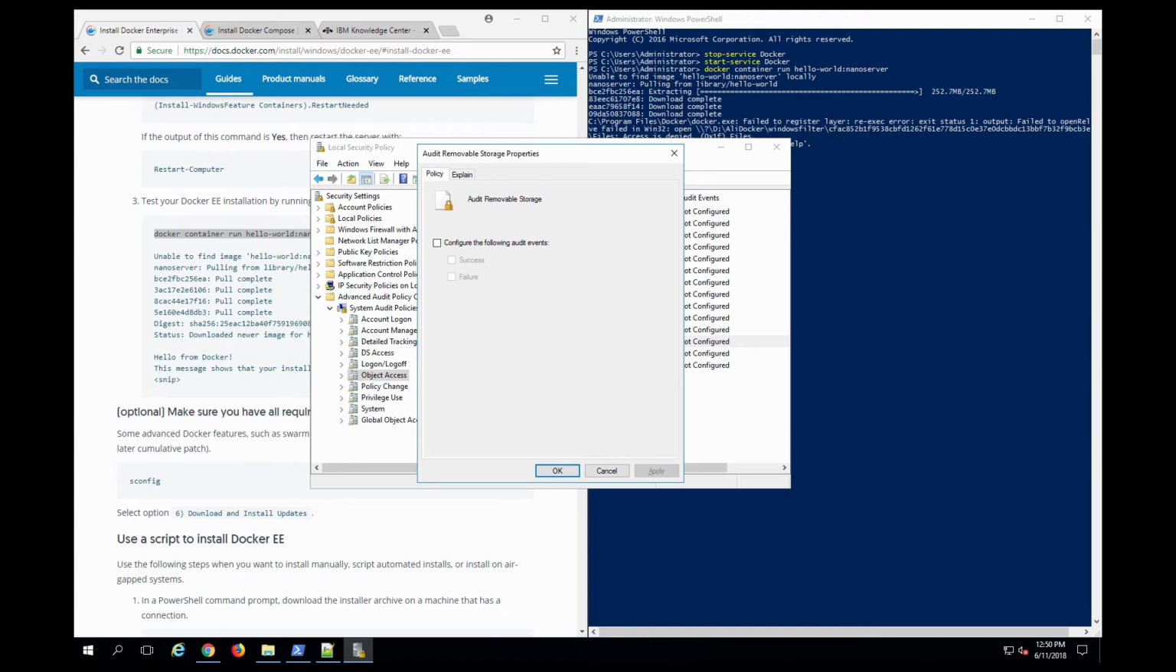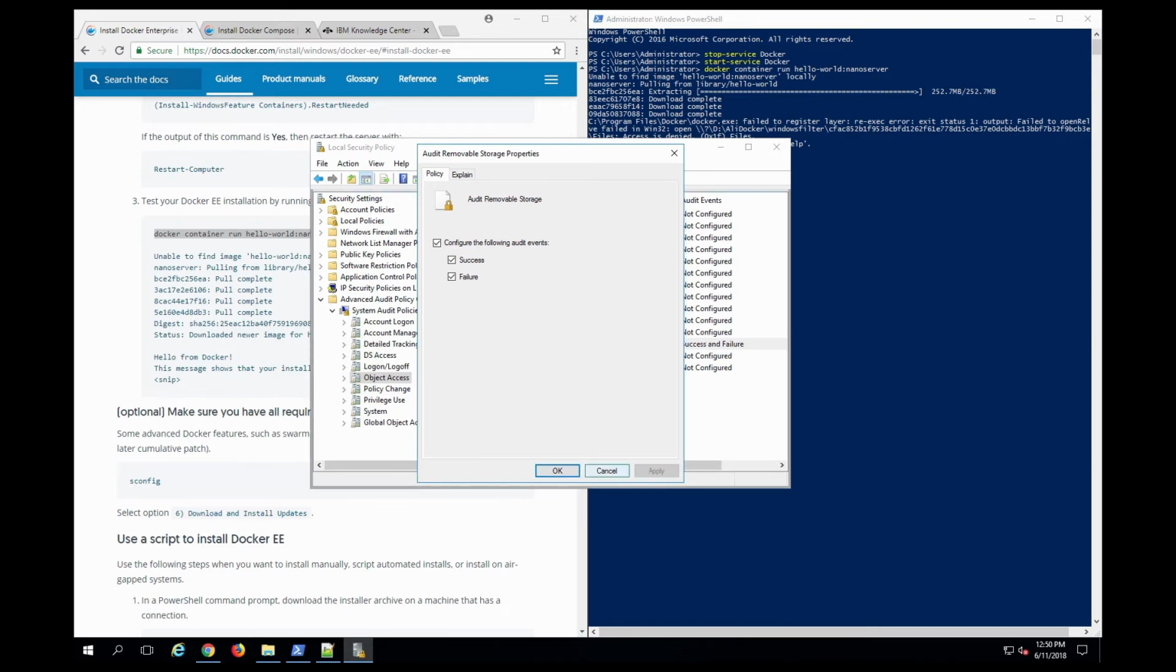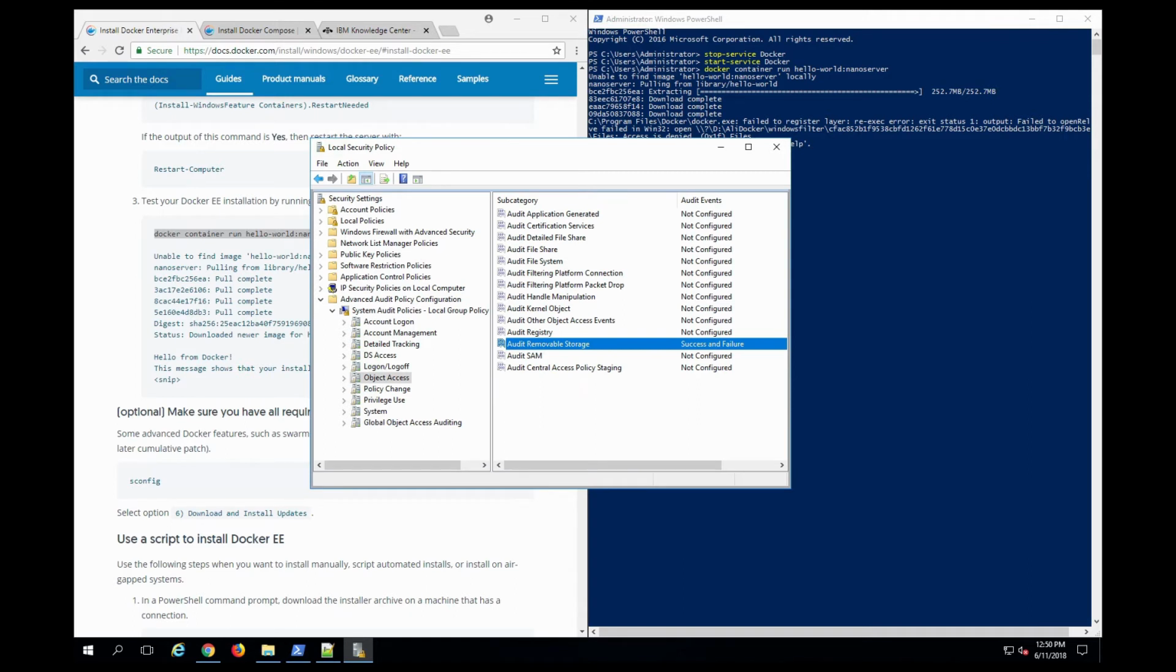But in order for Docker to operate and to be able to function, what we need to do is first of all enable this and select these two sections in here, success and failure, and hit apply. Okay, now I have configured the audit removable storage, success and failure. So I'll close this one,